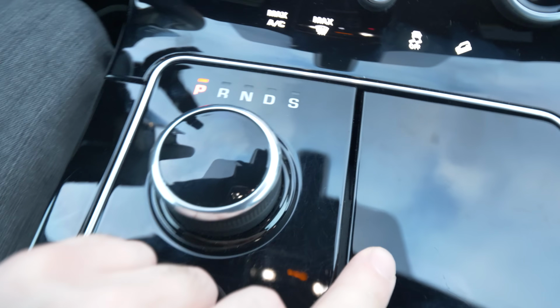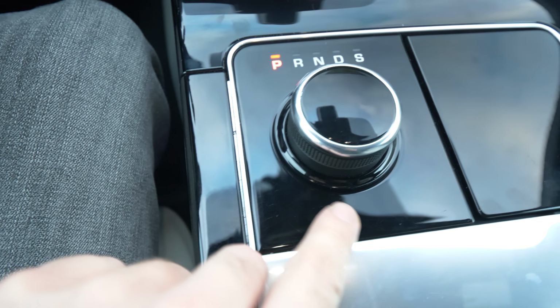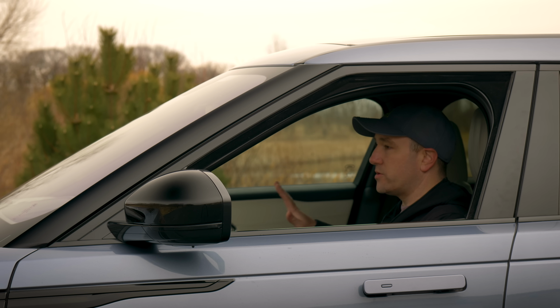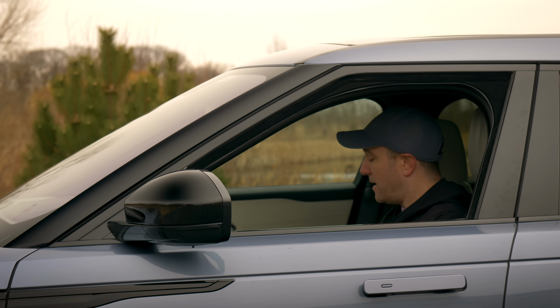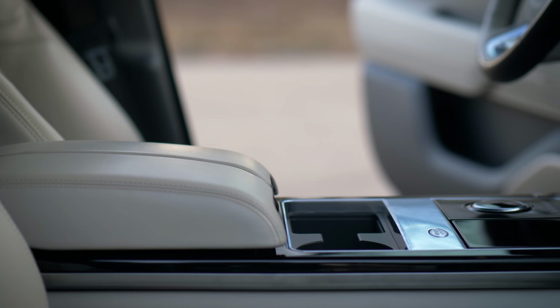Because this thing's only got about 4,000 or 5,000 miles on it, and there are scratches all around it from people turning the knob or wearing cufflinks or jewelry. It's all just covered in scratches, and you can't fix it. You have to replace it. So this is something they could remedy with a scratch-resistant surface like Gorilla Glass or something you use on phones